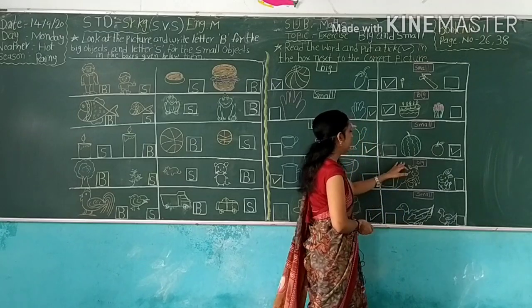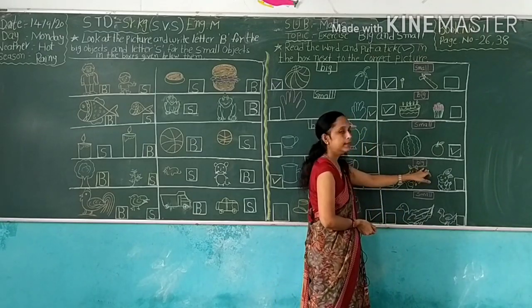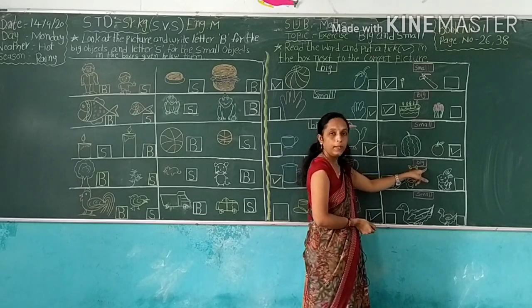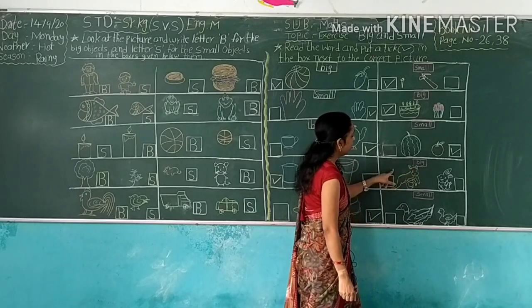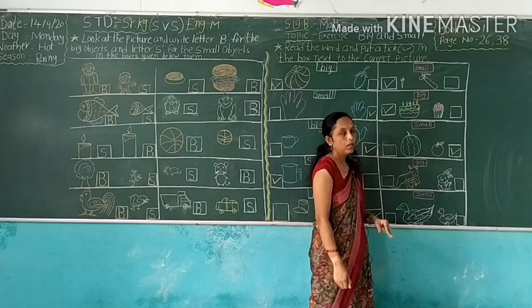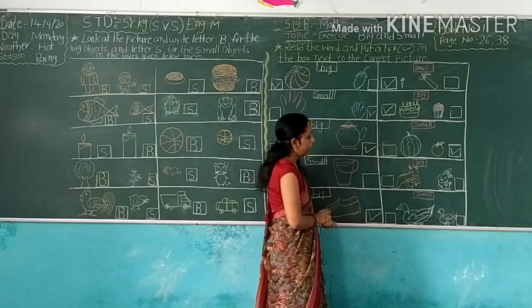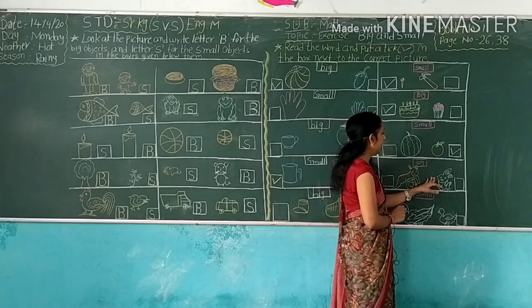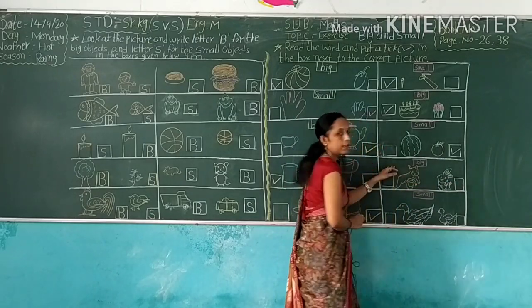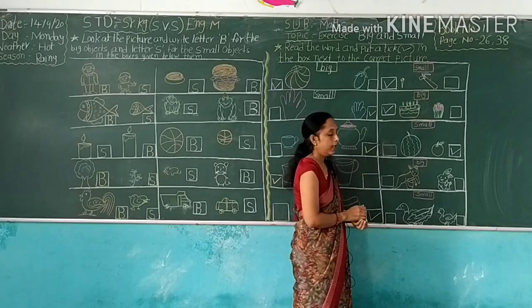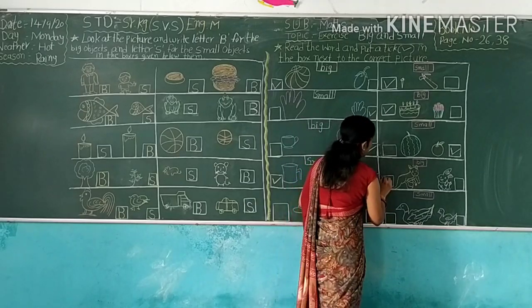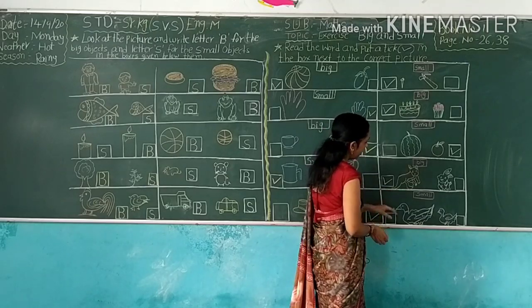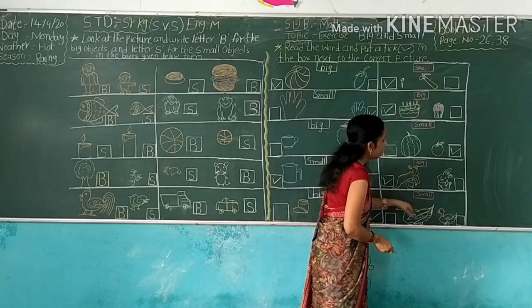And next, look here. B-I-G. Big. Which word right here? Big. So here I drawn kangaroo and rabbit. So which object is big? Kangaroo? Kangaroo is big and rabbit small. Which object is big? Kangaroo. Okay. So here we write tick. Okay. Kangaroo big.